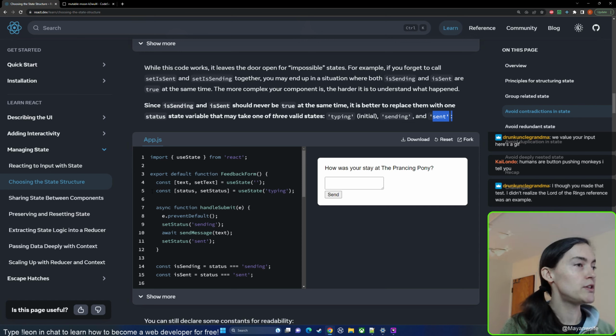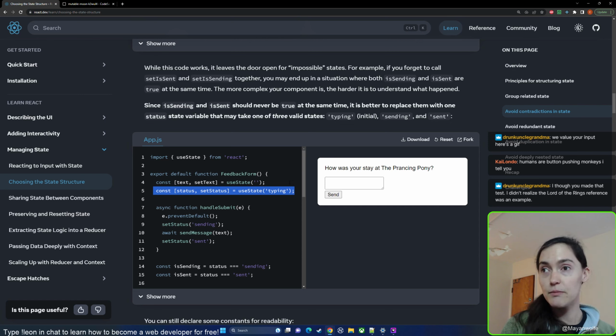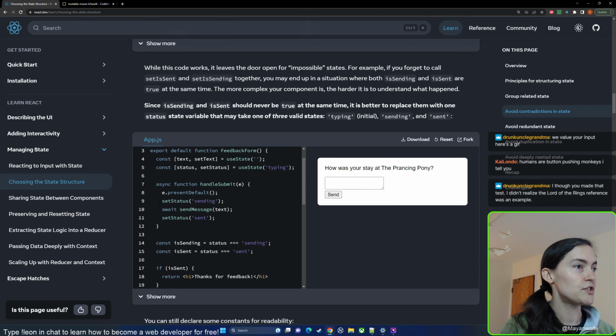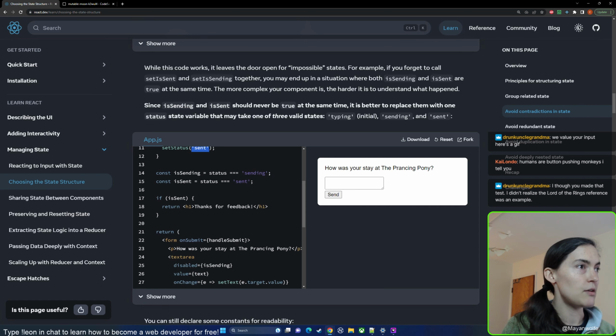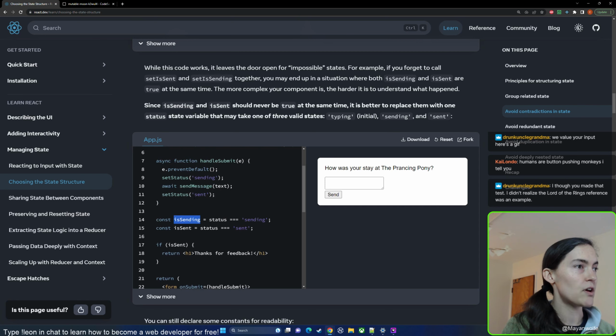All right, so how would we do that with a single state? Well, this is kind of similar to the example we looked at before. Essentially, every time something changes, we're just calling set status and updating it to whatever the appropriate value should be. So while it's sending, it's sending. And then as soon as it's done, it's sent. And we have a couple of checks here to basically say, set our is sending status to true or false